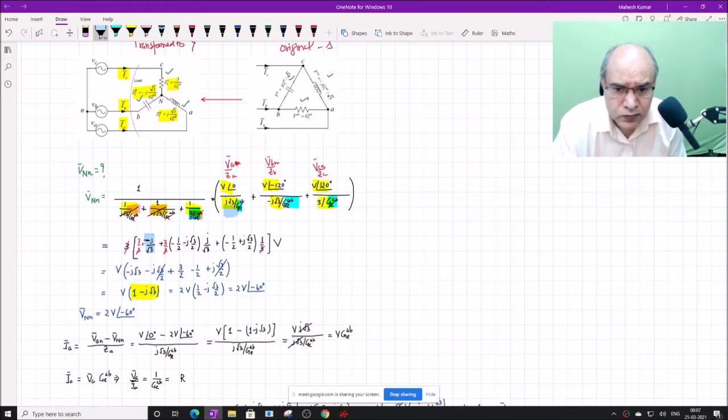Then this becomes plus j, but there is an angle of minus 120. So minus 120 is minus half minus j root 3 by 2. This is minus 120, and the other one is minus j root 3, so minus j goes up and becomes plus j here, so plus j by root 3. And for the third term, the angle is 120 degrees, which is minus half plus j root 3 by 2, and then 3 by GLAB. So GLAB is gone anyway, and the 3 will come down, so this is divided by 3 here.